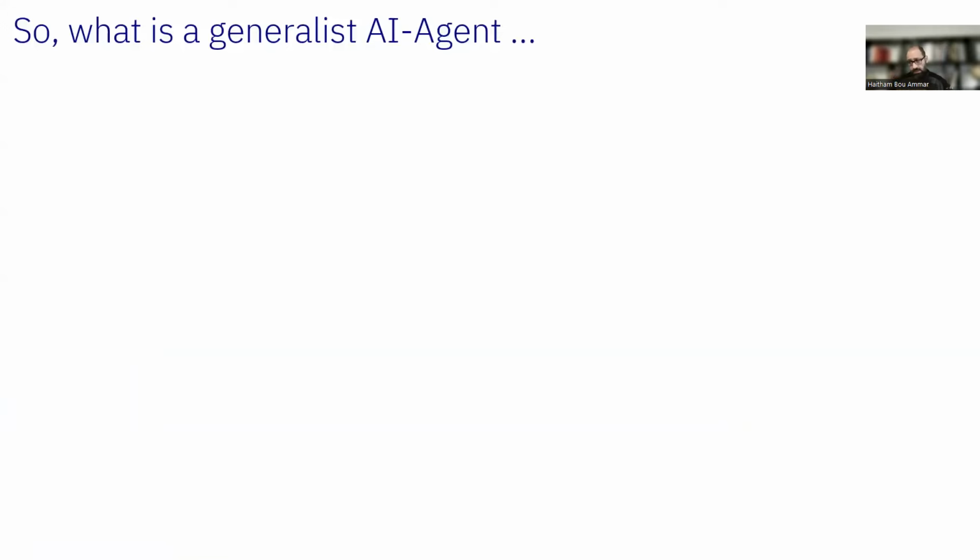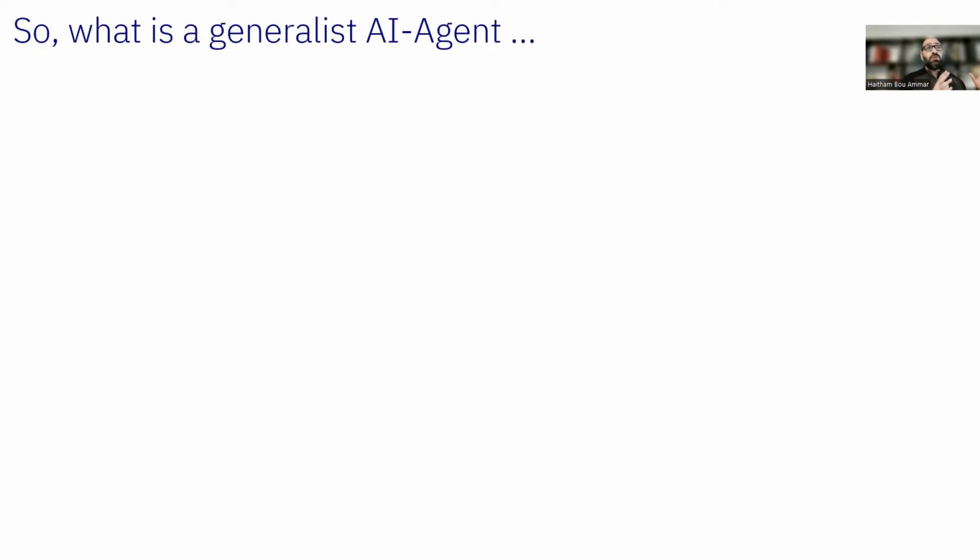So what are generalist agents really? Today you see many definitions. People have their own opinions about what generalist AI agents are. However, the concept of generalist AI agent has been widely studied in the community for a very long time. I mean, I just said it's a dream since AI has dawned.